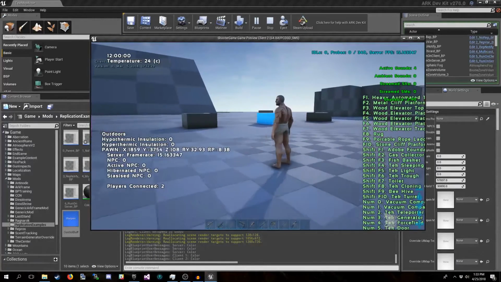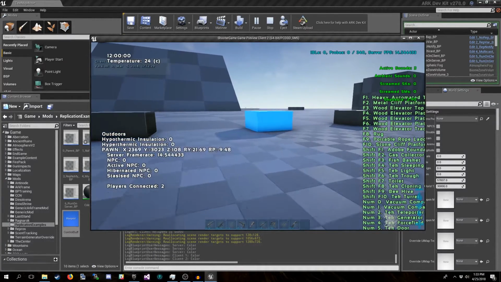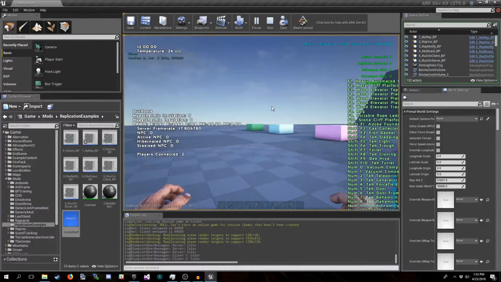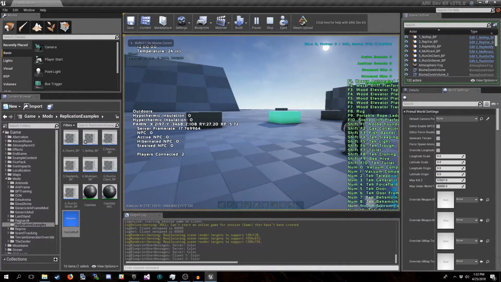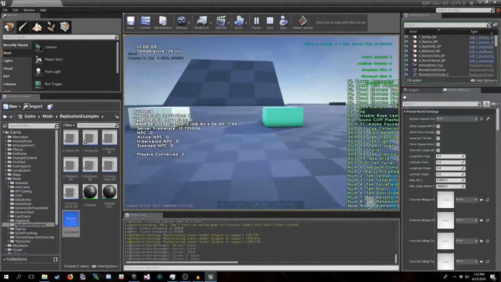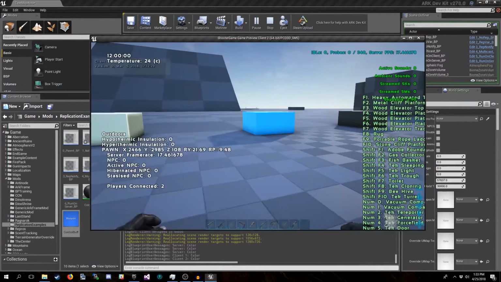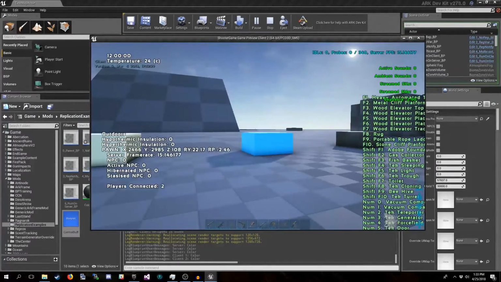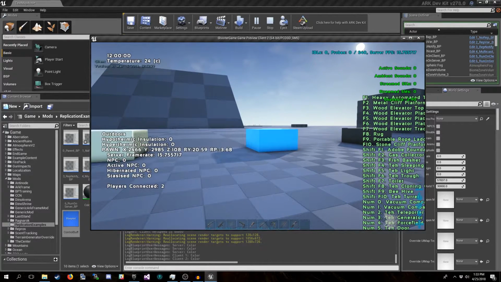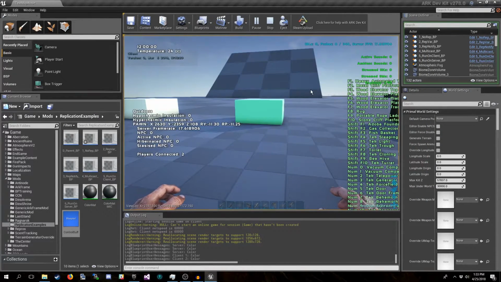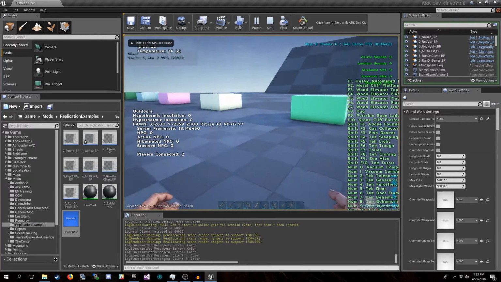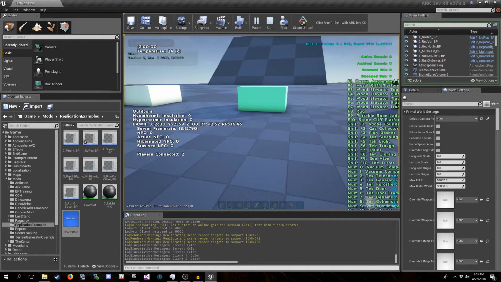Oh, look, it's blue now. Uh-oh, what happened here? It's green on this one. Why are they different colors? We're replicating it from the server. Well, remember, we're replicating it from the instance of a buff.